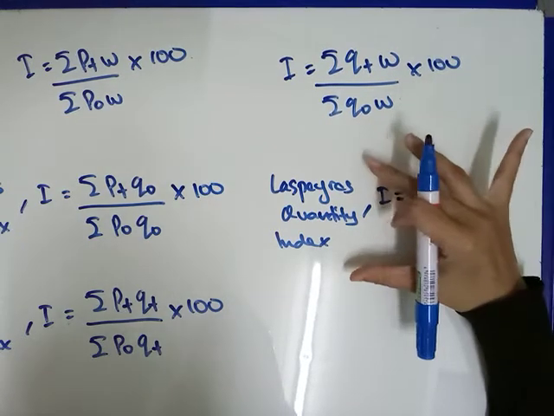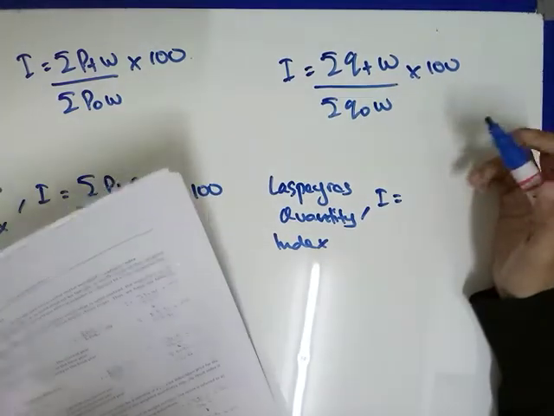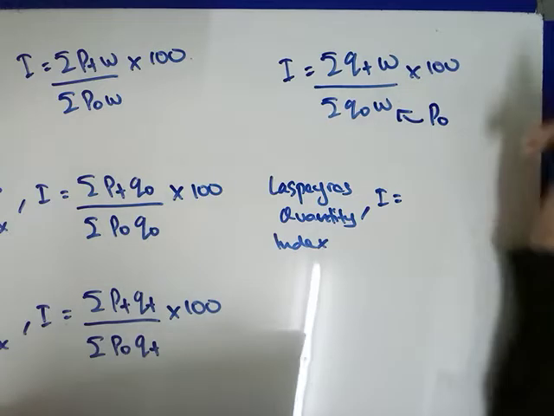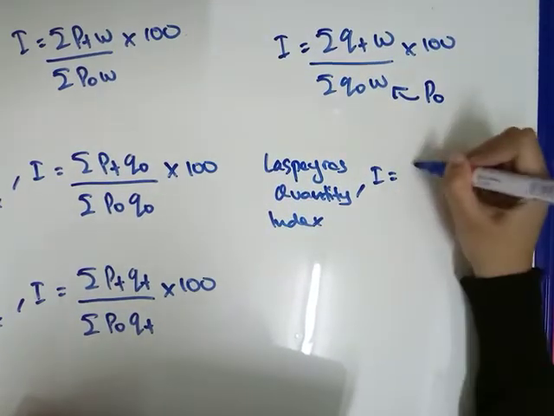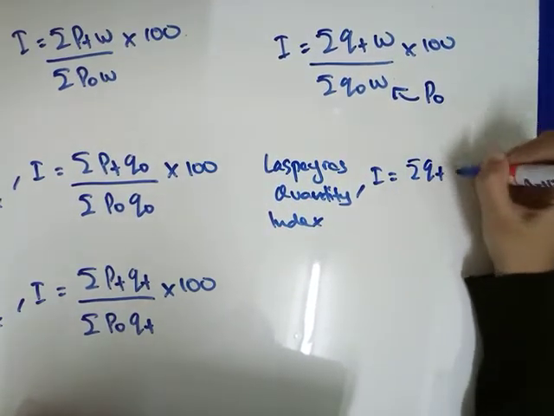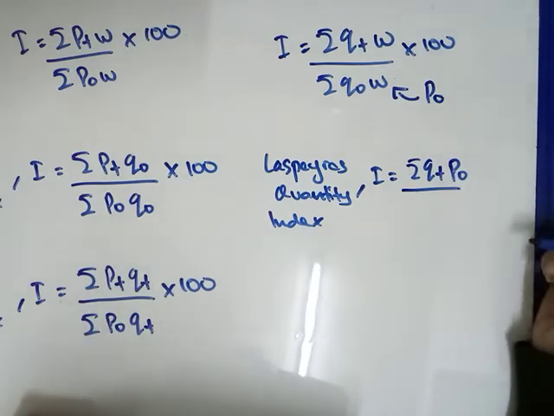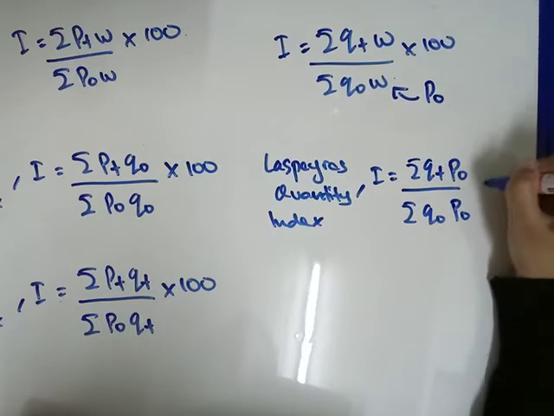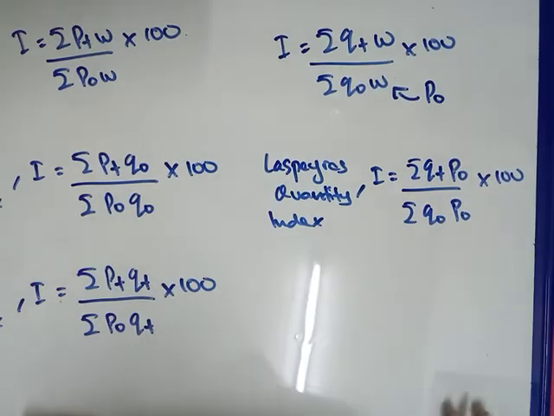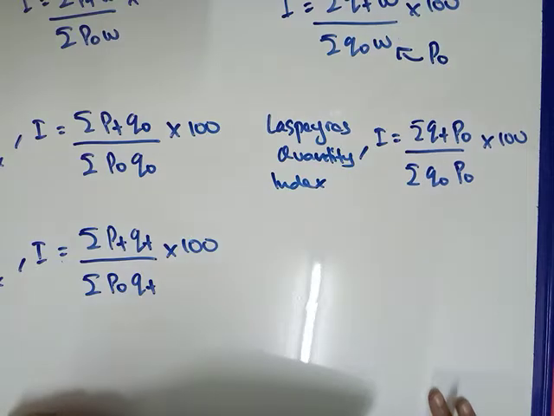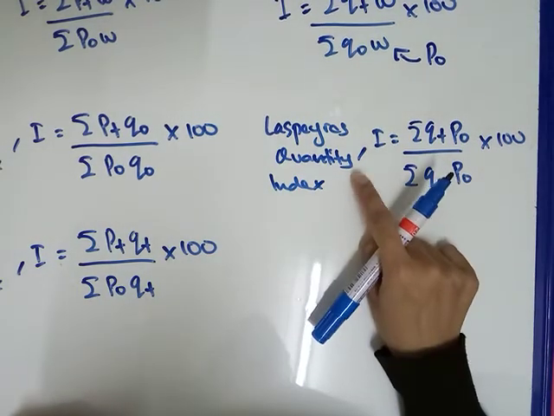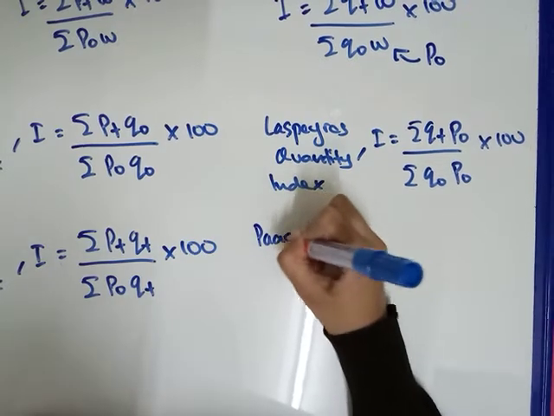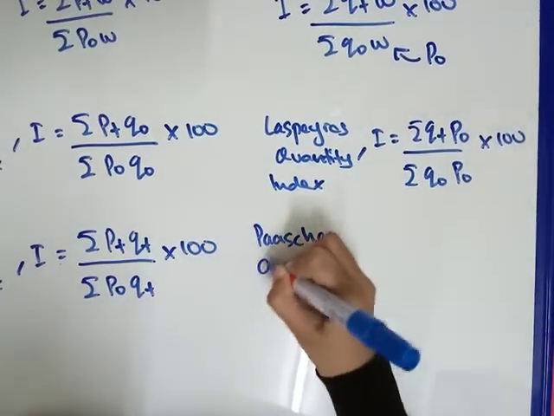To form the Laspeyres quantity index, when the price for the base year P naught substitute into weight, it will become the total of QT times P naught divided by the total of Q naught times P naught multiply 100. Okay, for Laspeyres quantity index. And then for Paasche quantity index,